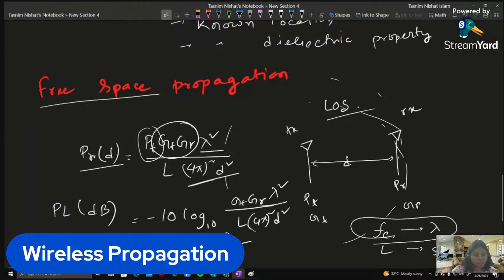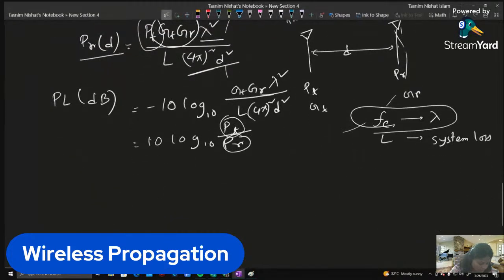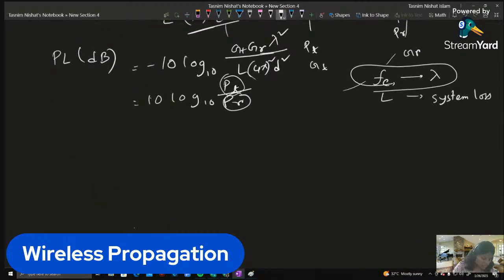So we are basically considering the transmitter and receiver power. So whenever it comes first, we write PT GT GR lambda squared by L (4 pi) squared d squared, and then we derive the PL in dB, and we have some other